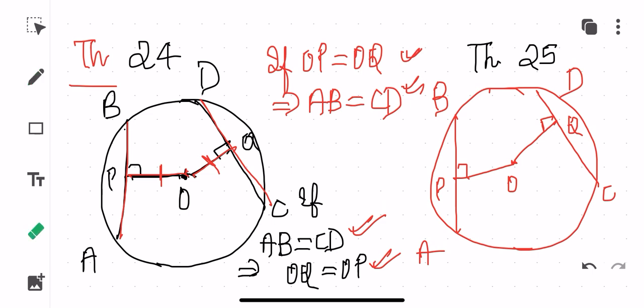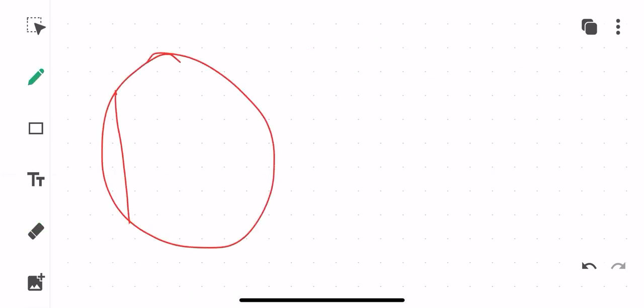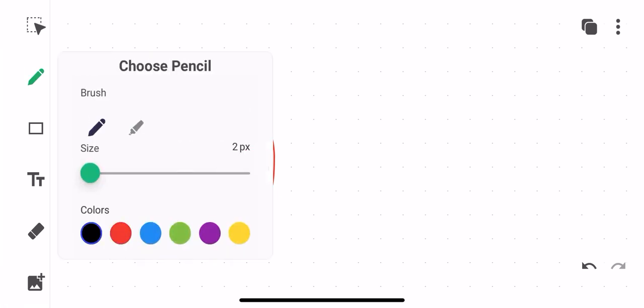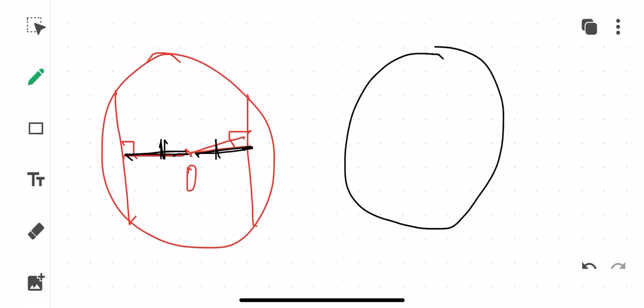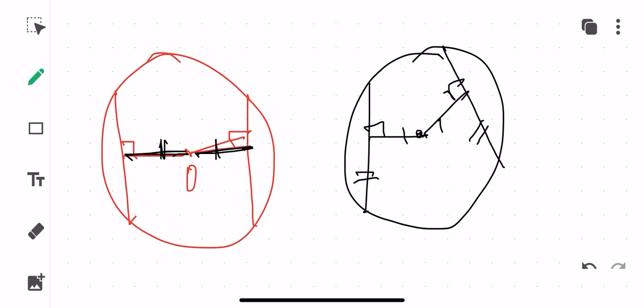I just hope you understood this, children. If I want to explain this again in short, it says that suppose there is a circle in which I have two equal chords, and from the center I draw perpendiculars, then these two perpendiculars are going to be equal, which means this particular distance is equal to this particular distance. And the converse says that suppose in a circle there are two chords, and the distances between the center and the two chords are the same, then these two chords are equal to each other. So this is what this theorem says.